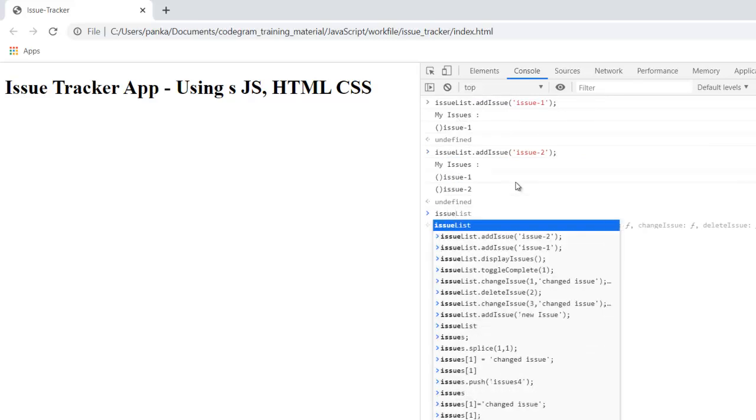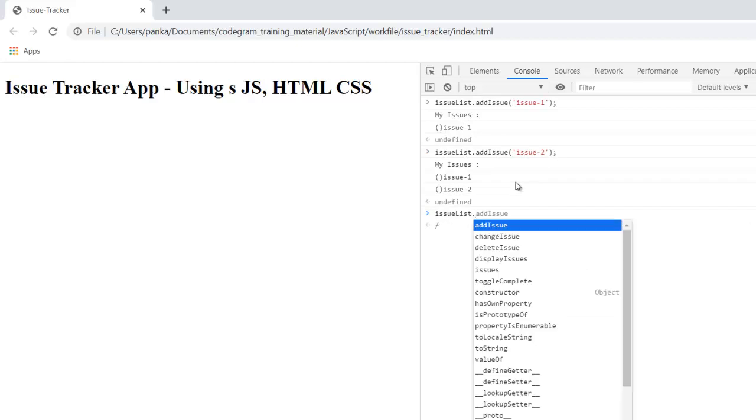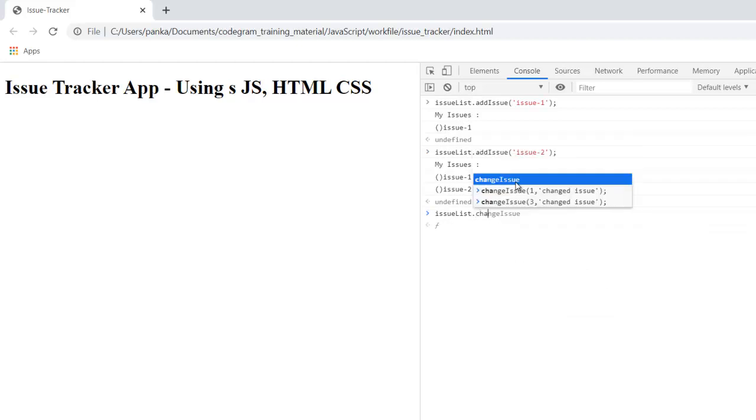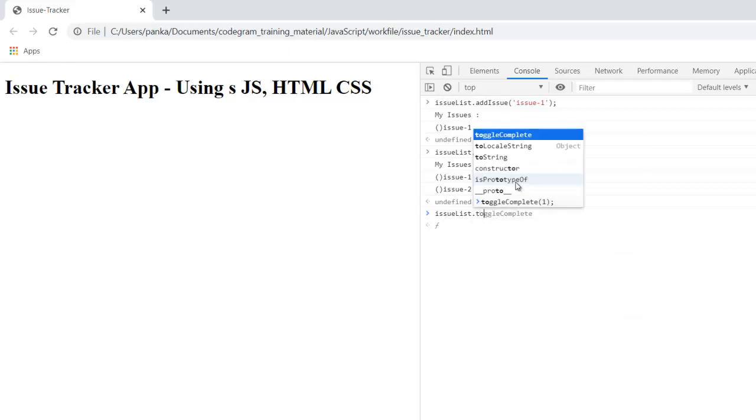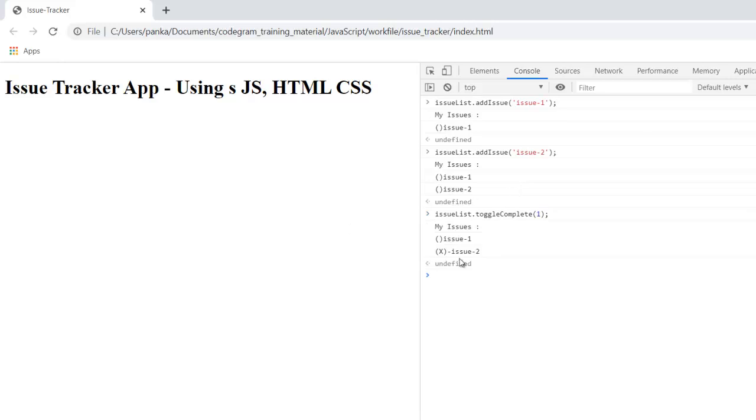Let us do one thing, issue list dot toggle complete, and I want to toggle complete this. Now as you can see over here, it is showing you the issue in this particular format. So by seeing this, we can understand that this is a completed issue and this is not a completed issue. I hope you would have understood this.